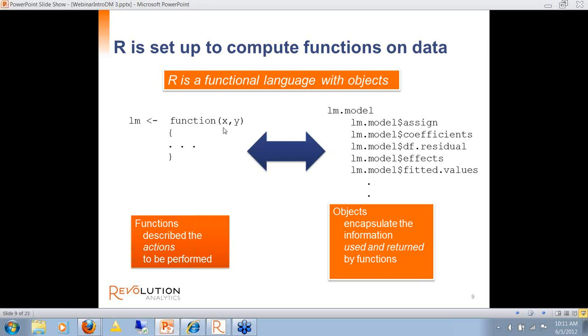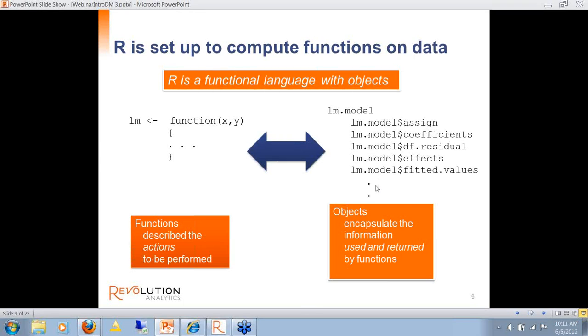And you put in parameters, the function builds an object. And here's a schematic of the object that's produced by the model. And it's basically all the stuff that you would want to have packaged together in the end if you're doing a linear regression. You want to have the coefficients at your hand, you want to have the residuals at hand, you want to have the fitted values.